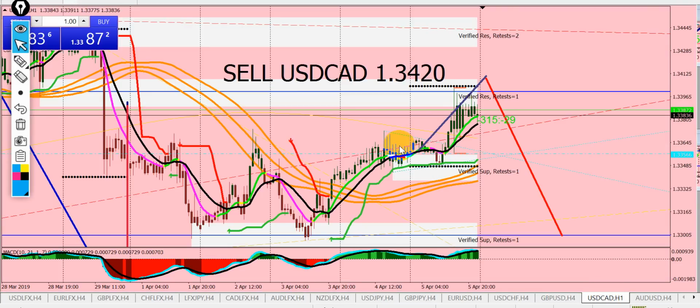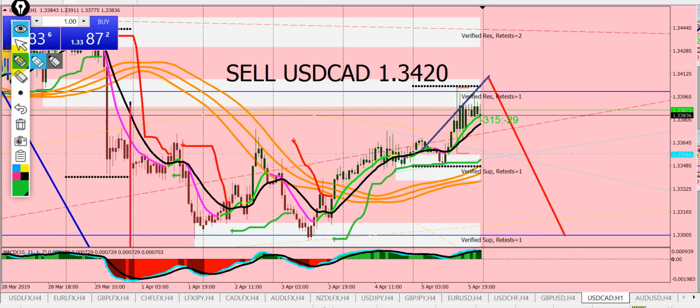USD CAD. So this is going with the forecast as well. We forecasted this to go up. However, it didn't go with much momentum because the dollar was going up, but also the Canadian was going up. So both indexes are going up. So you can see all this. That's what happens when you have two indexes going up. See this? This is not a trend at all. This is bad movement, right? So what we expect at the beginning of the week, you may get a small rally up like that. That's what we'd love to see.